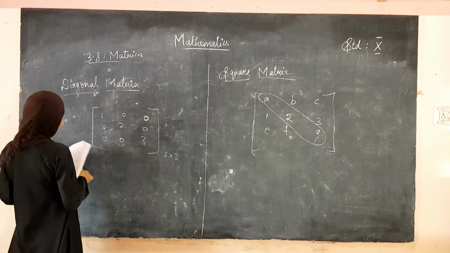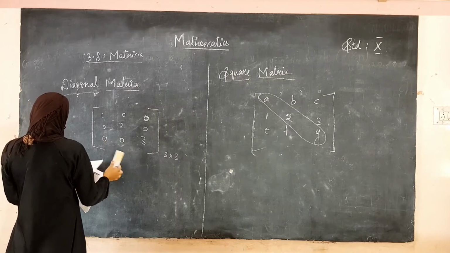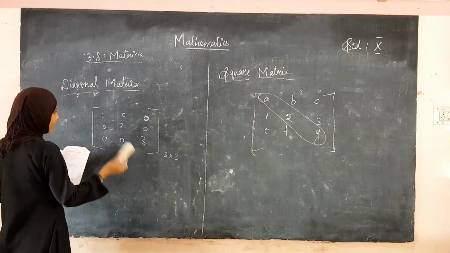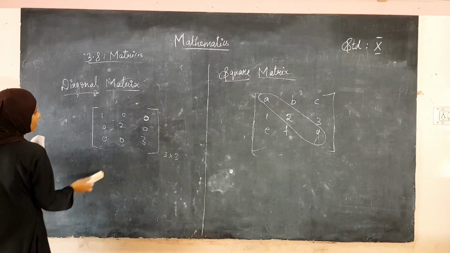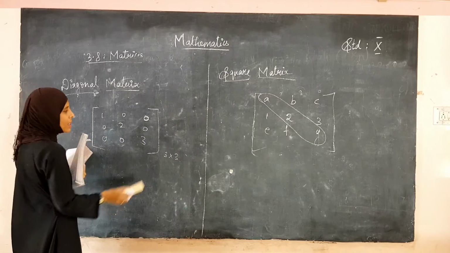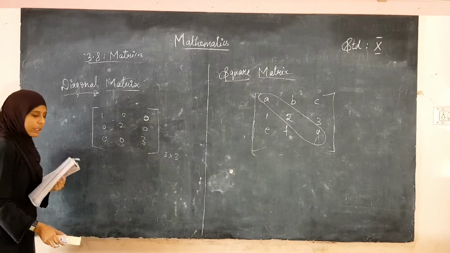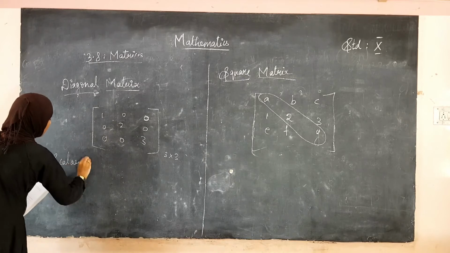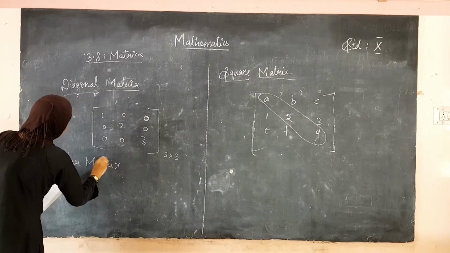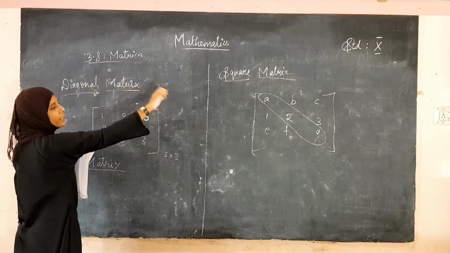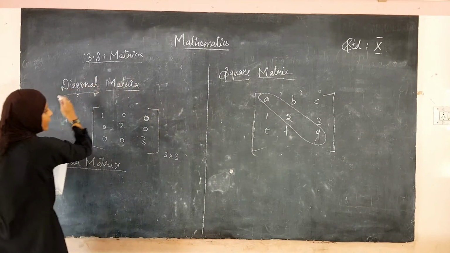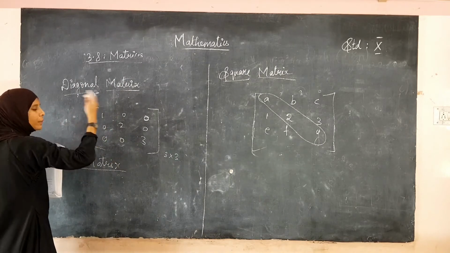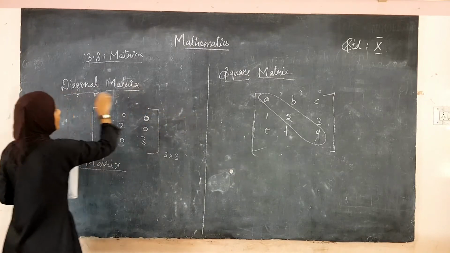See here, if we have it like this, this is the diagonal matrix, because we have numbers only in the diagonal elements. In other places it becomes 0. Then we can say this is the diagonal matrix. Next, scalar matrix. See here, the diagonal matrix is formed only from a square matrix. A square matrix is said to be a diagonal matrix if we have elements in the diagonal positions and other elements as 0. That is, from the square matrix only we are taking the diagonal matrix.